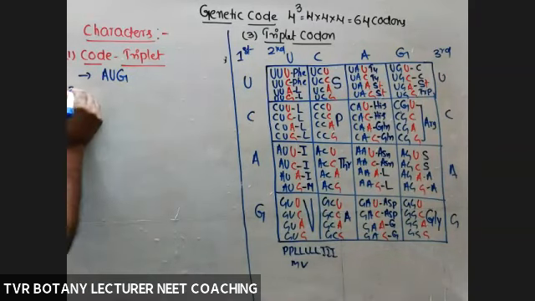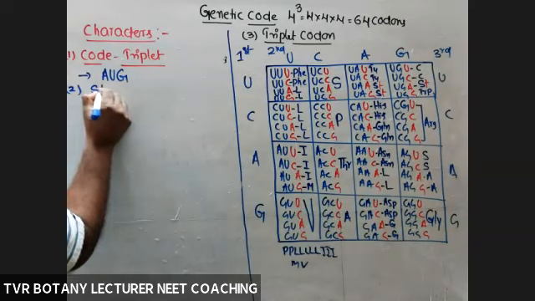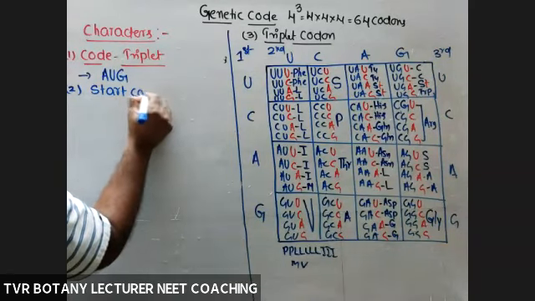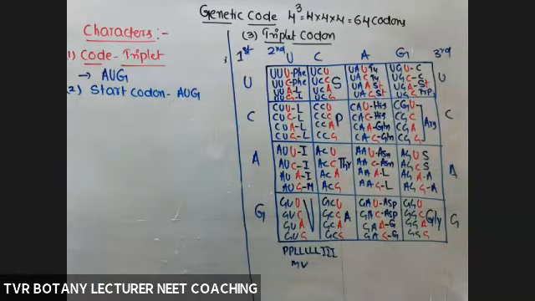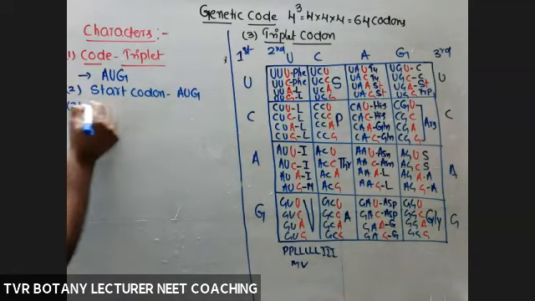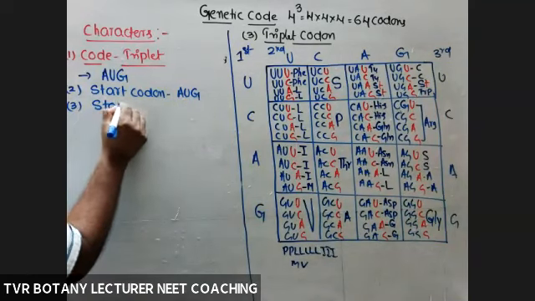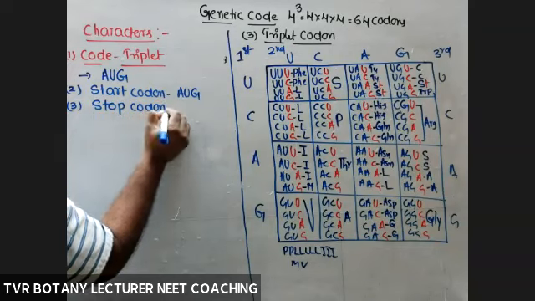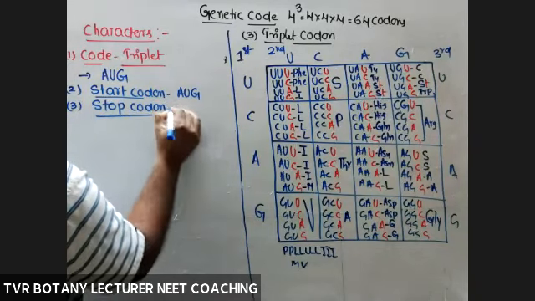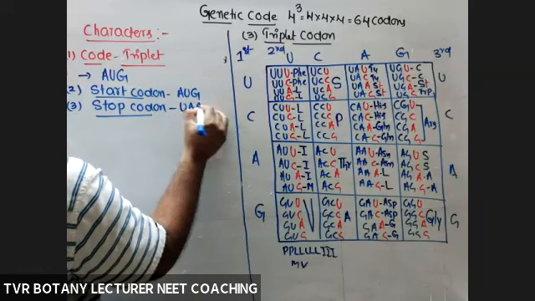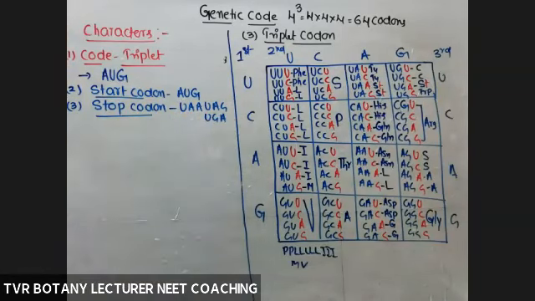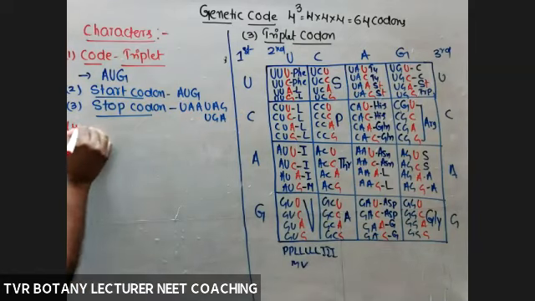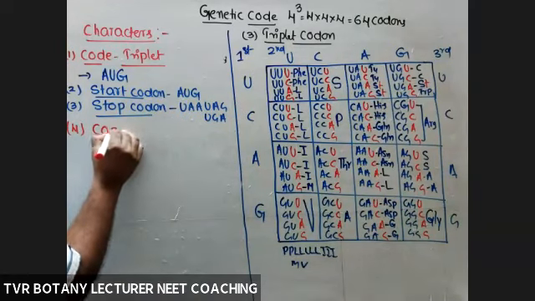Second one, start codon. Generally AUG, initiator codon. Next, stop codons, nonsense codons. What are they? UAA, UAG, UGA. Up to here, no problem. From here onwards. Fourth one, code is